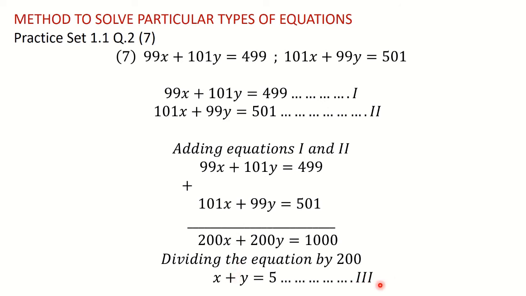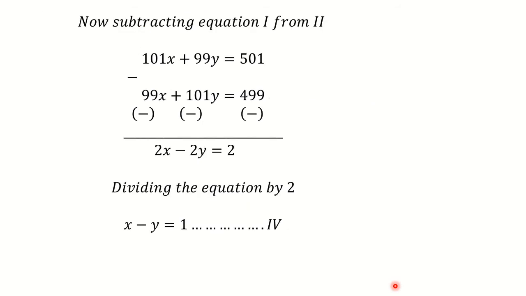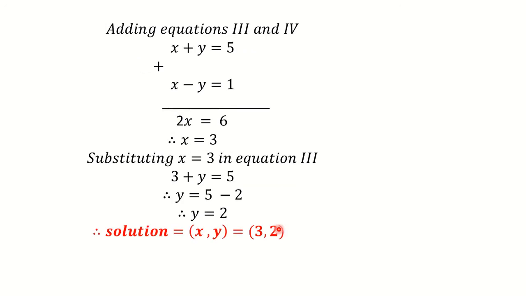You will number that as 3. Then you are going to subtract. Then you are going to get one more simple equation. You will number that as 4. And again, by adding those equations 3 and 4, you are going to get the solution of this particular system of equations or simultaneous equations. Okay. So this type of questions are going to appear in the exam. Okay. Let us go further now.